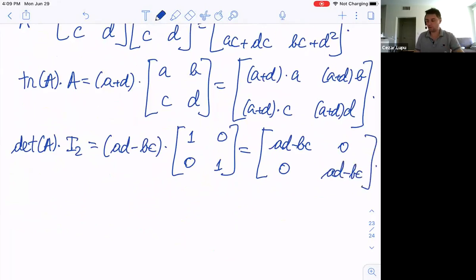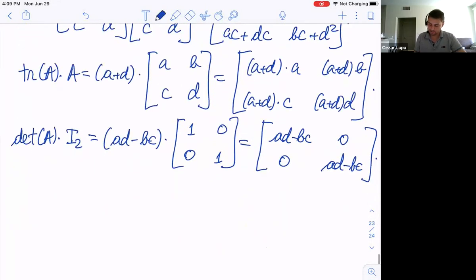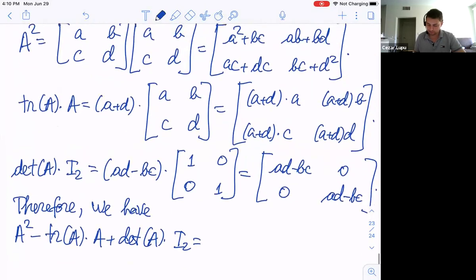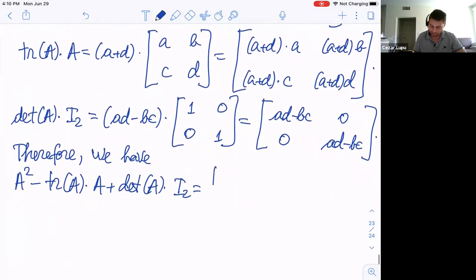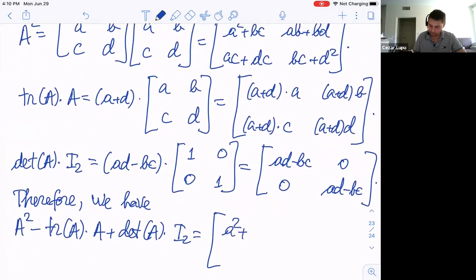And now we're going to do all these computations. Okay, let's do this. So it will be, therefore, we have A squared minus trace of A times A plus the determinant of A times the identity is nothing else than just, okay, so now let's see what this matrix is. So this will be A squared plus BC,